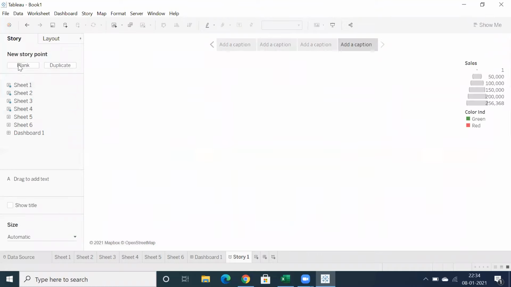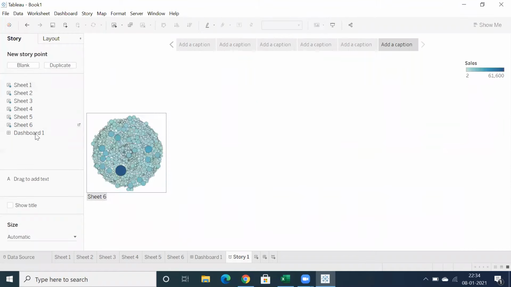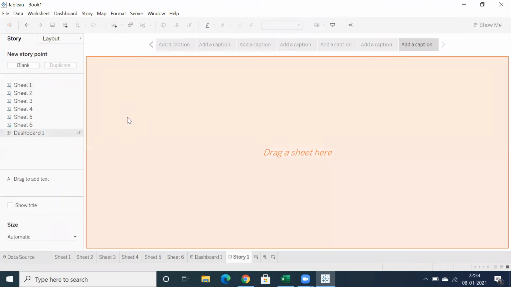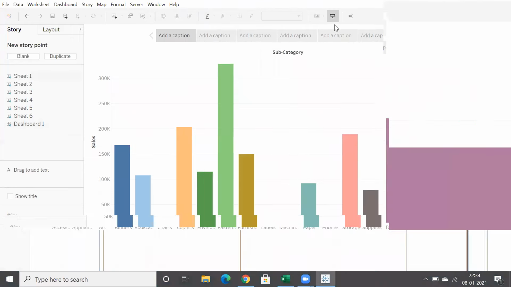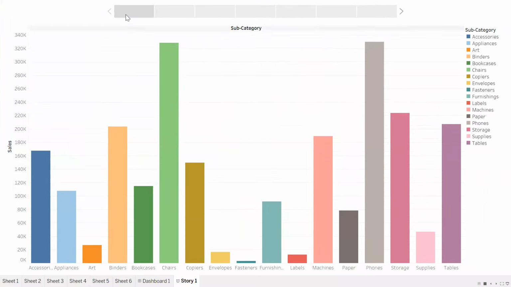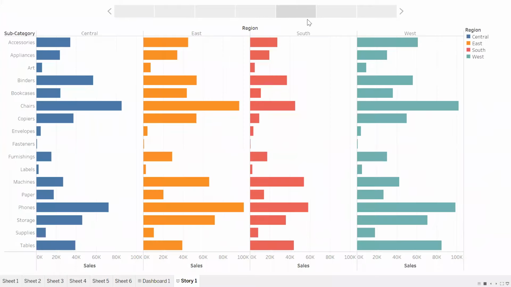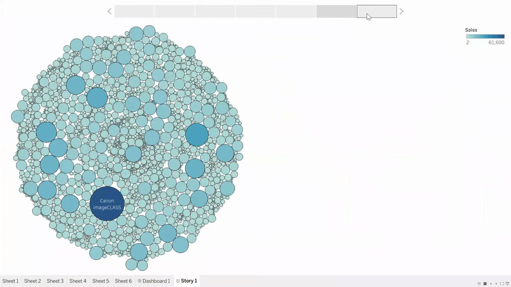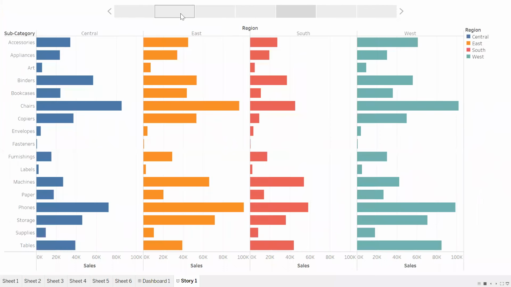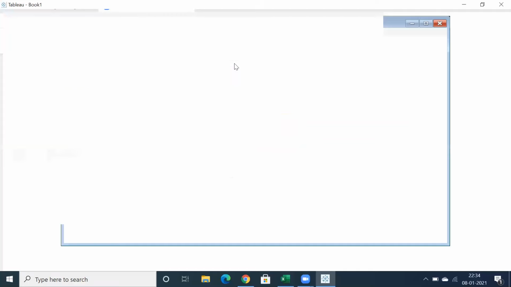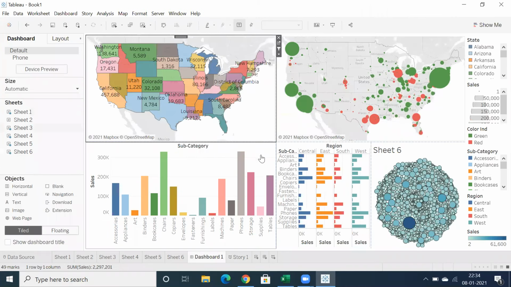You can add multiple sheets, so that if it is related information and you don't have much space to showcase all in one single dashboard, correct? You have the flexibility to create a story so that you can go back to presentation mode and navigate from one sheet or one tab to another. So this is where you can switch each and every sheet. You can use a dashboard or you can use sheets in stories. That is the advantage. But in most cases in real time, 90% of the cases you are going to work on dashboards.